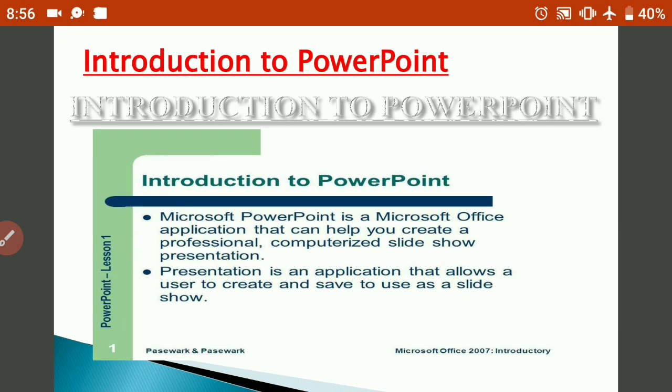So, introduction to PowerPoint. PowerPoint is a presentation program developed by Microsoft. It provides various views and tools which you can use to build a presentation, including words, graphics, media, and animation. A PowerPoint presentation is also known as a slideshow. One page of your presentation is called a slide, and a group of pages on any one topic is called a presentation.